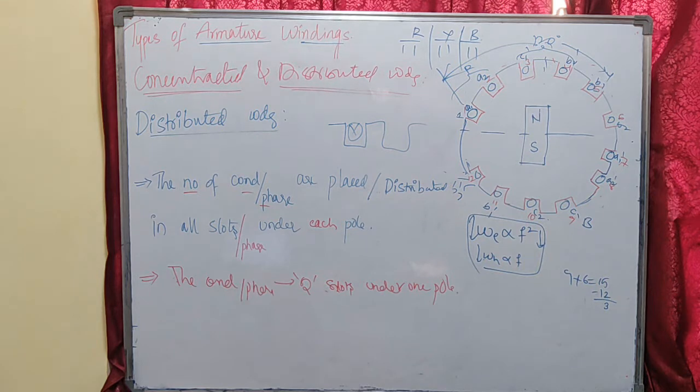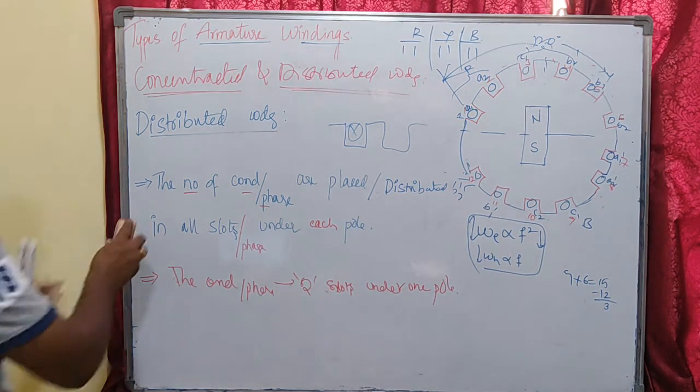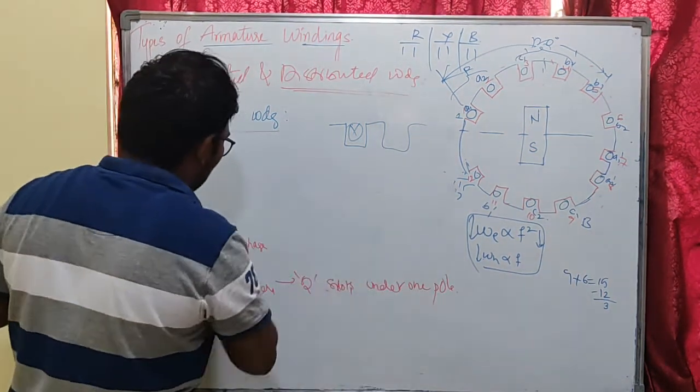So in distributed type of winding, all the coils belonging to a phase are well distributed over m slots per phase under every pole. Distributed winding makes the waveform of the induced EMF more sinusoidal in nature. Also in concentrated winding, due to the large number of conductors per slot, heat dissipation is poor. So in practice, double layer, short pitched and distributed type of armature winding is preferred. Here this is the definition of the distributed winding.